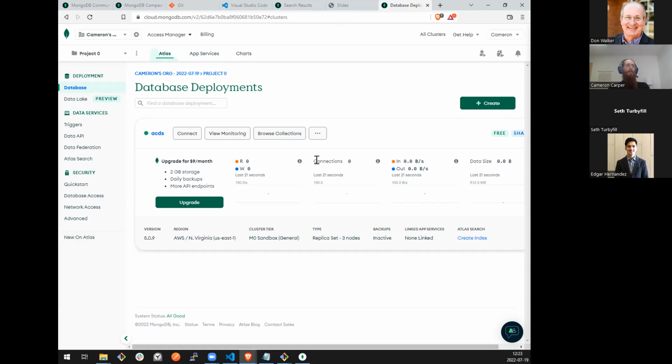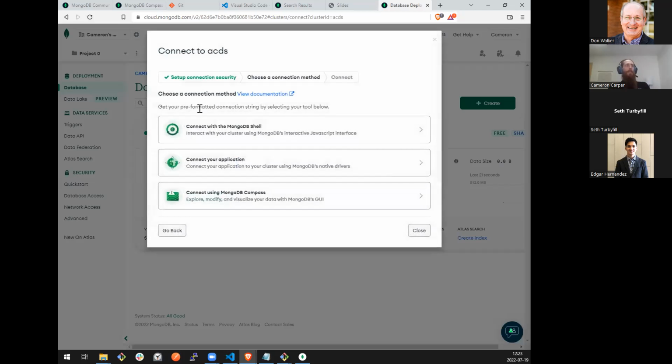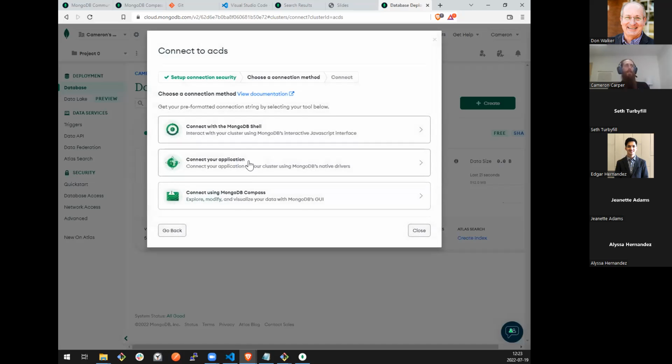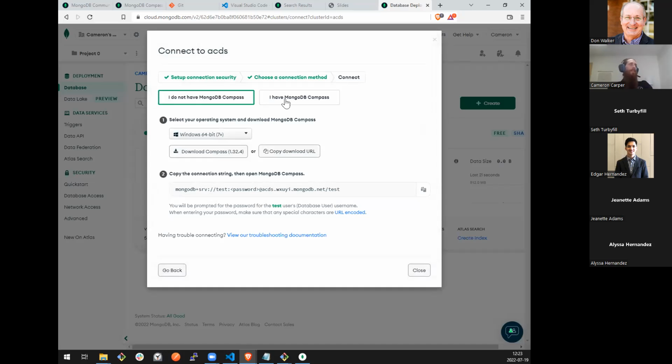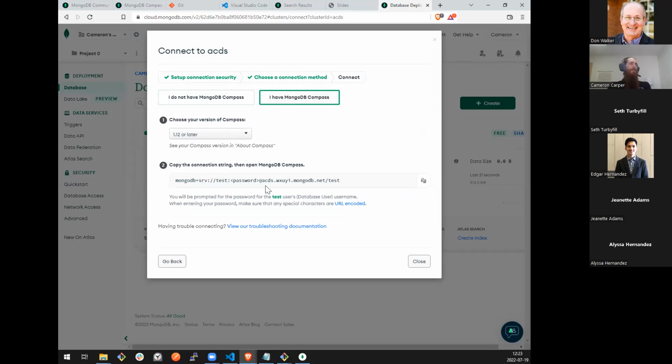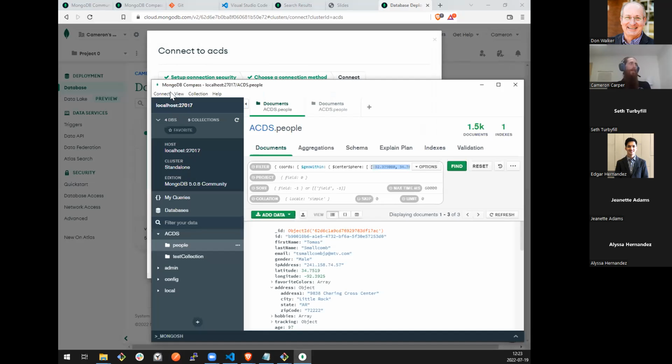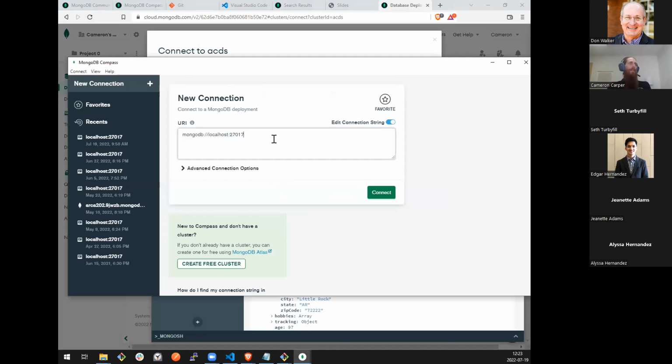So it appears that our cluster is up and running. If we hit connect, I believe it will give me the different ways I can connect. Of course, I want to use Mongo Compass, and I already have it. So really all I need to do is copy this connection string, pop over to Compass and say new connection, which opened on my other monitor, and drop this connection string in here.